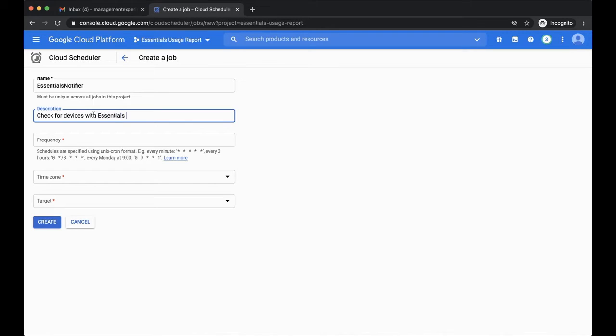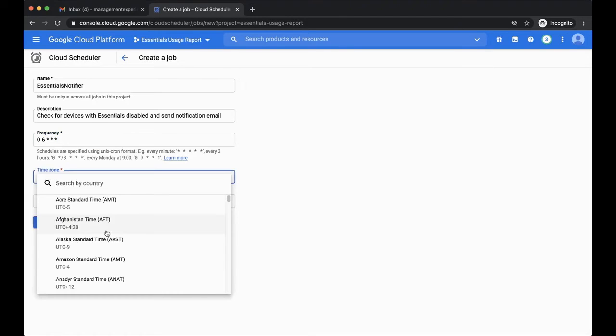In the next box, we'll specify the frequency of when the job should be run. If you aren't familiar with the Unix cron format, click the link to learn more. This entry means that the job will run at 0 minutes past 6 AM every day, every month, and every day of the week. Select the time zone that makes most sense for you,